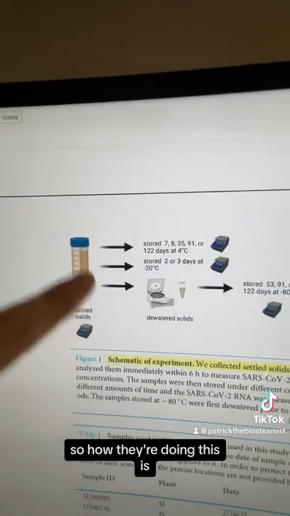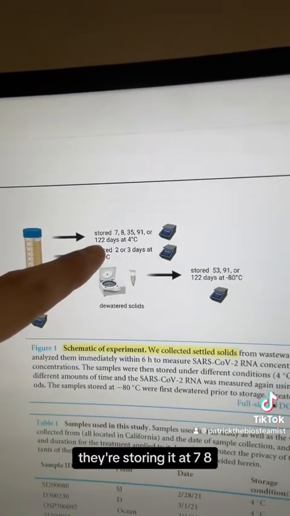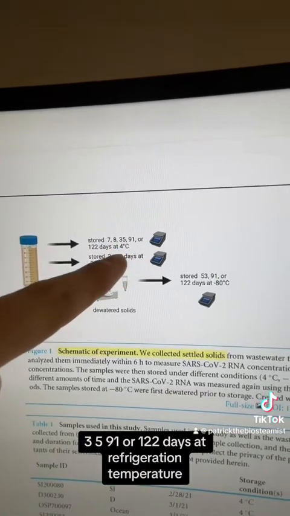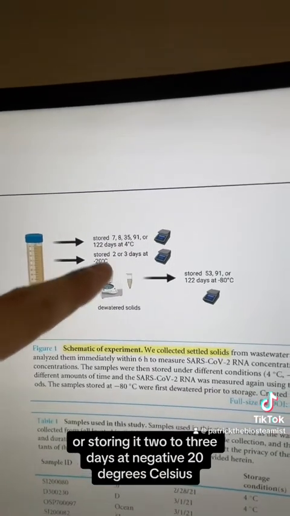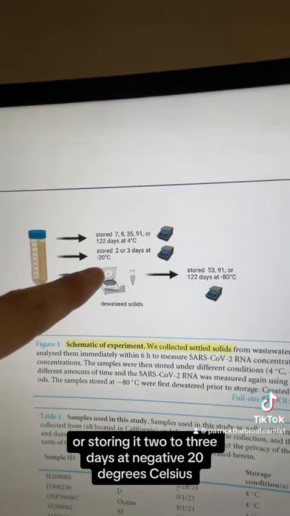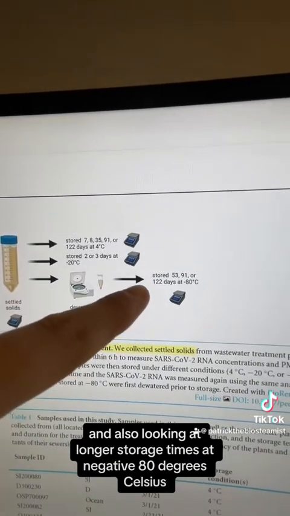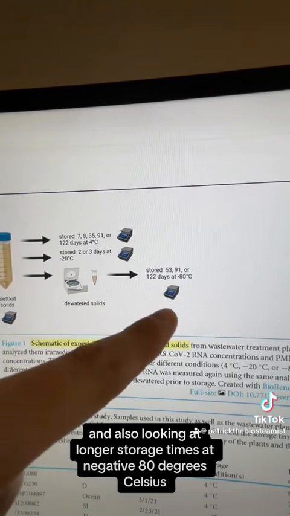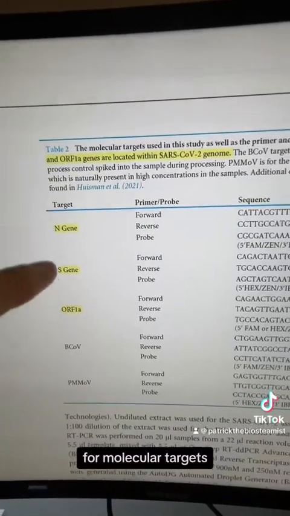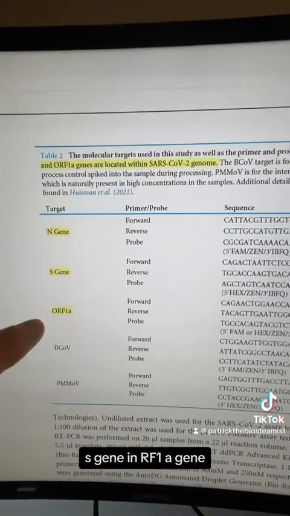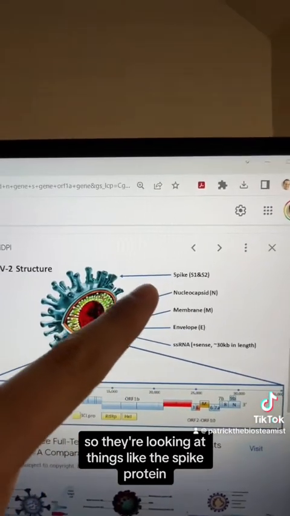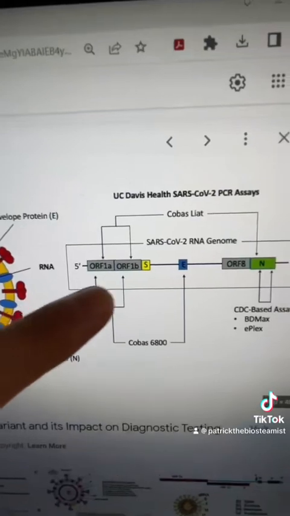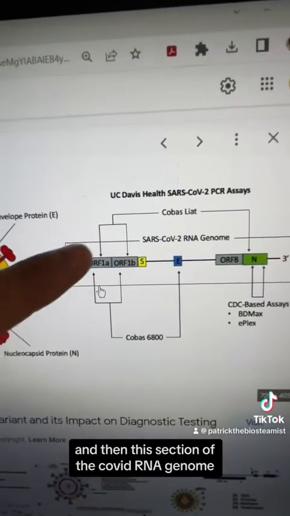So how they're doing this is they're taking the settled solids, they're storing it at 7, 8, 35, 91, or 122 days at refrigeration temperature, or storing it 2 to 3 days at negative 20 degrees Celsius, and also looking at longer storage times at negative 80 degrees Celsius. For molecular targets, they're looking at the N gene, S gene, and ORF1A gene. So they're looking at things like the spike protein, the nucleocapsid protein, and then this section of the COVID RNA genome,